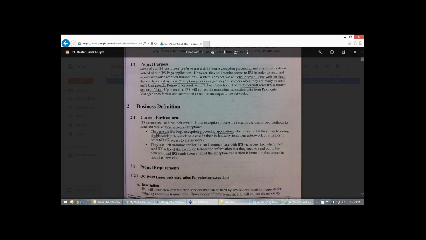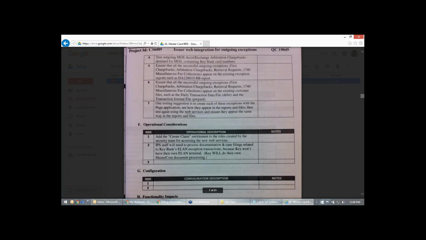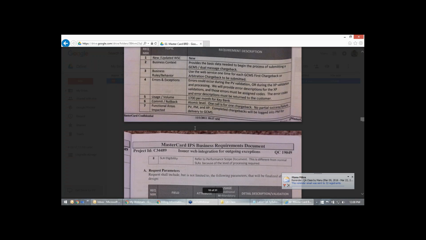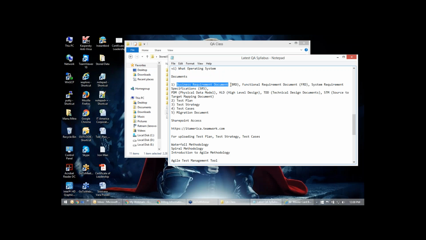Okay. So here that's explained, right? What the project will create. So whatever the underlying thing is, right, that you need to understand sometimes. And what the implementation is, what it is and how it's working, these small things you need to understand. Okay, this is how a real-time business requirement looks. See here, in this you don't have any screenshots. There can be a screenshot, but there is none in this one. So that's a business requirement.